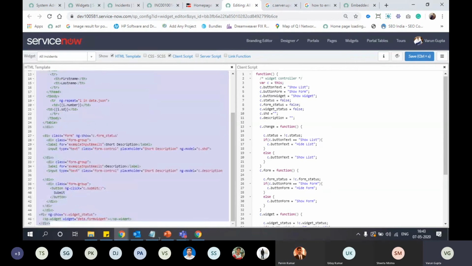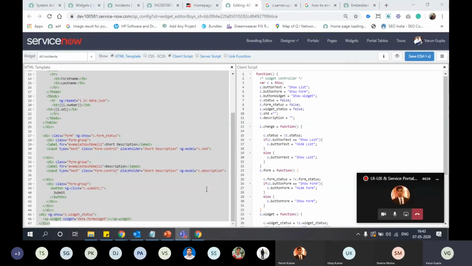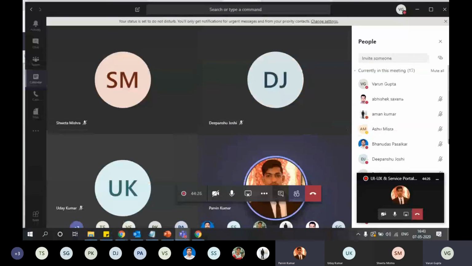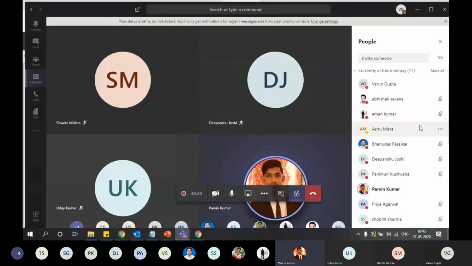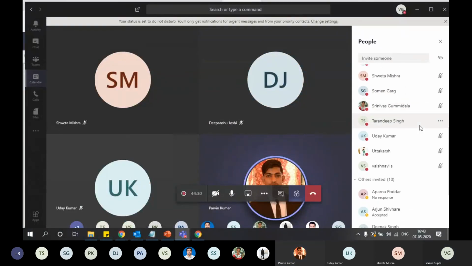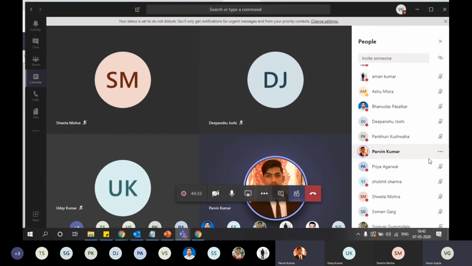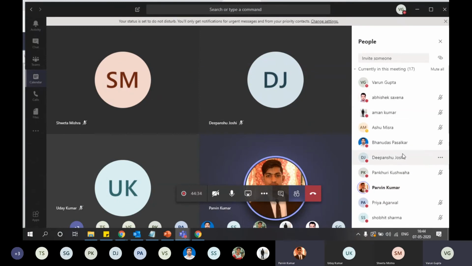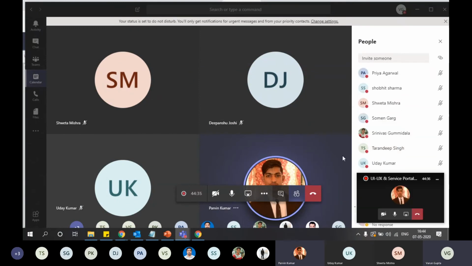What you guys have to do is check some of the out of the box widgets.